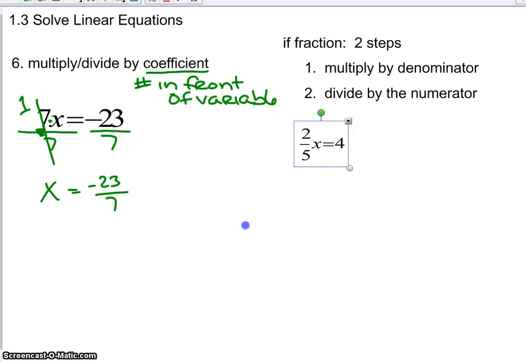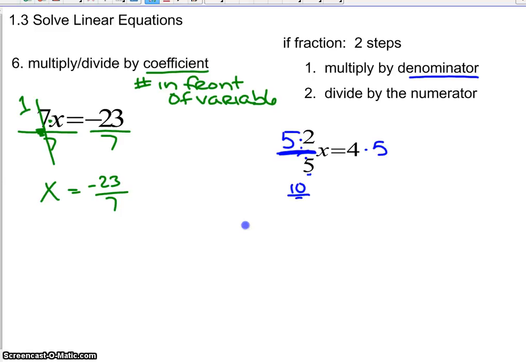Now, like I said, if that coefficient is a fraction, say for some reason you didn't get rid of your fractions on step number 2, and so you still have a fraction left here, take care of it in 2 steps. Number 1, I'm going to multiply by my denominator, because this says divided by 5. The opposite of dividing by 5 is to multiply by 5. And think about what we did when we got rid of the fractions. You multiplied the top, multiplied the bottom,